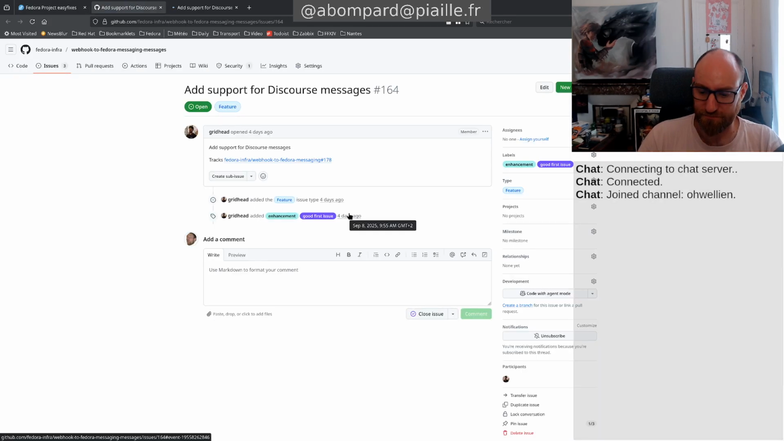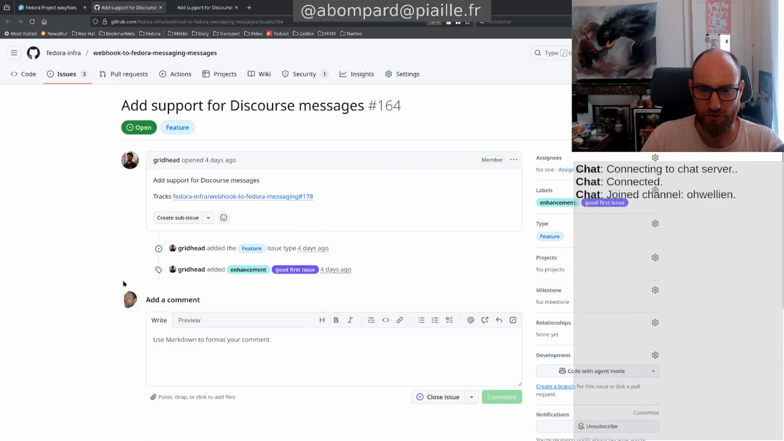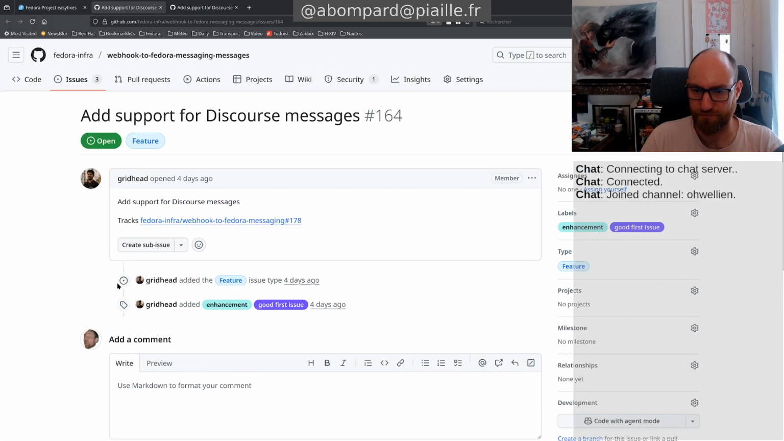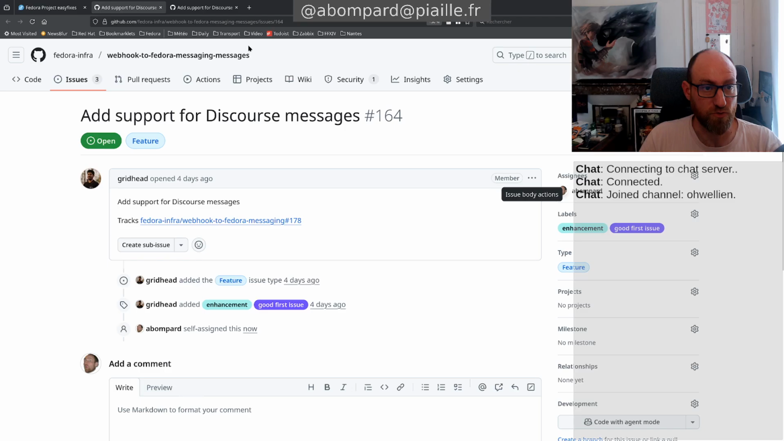Okay, is this readable? I'm not so sure. It's probably better. All right, so there's Webhook to Fedora Messages, and we have an application called Discourse2Fedora Messages, and we want to migrate Discourse2Fedora Messaging to the main webhook application, right? All right, so how do we do that? Well, let me start